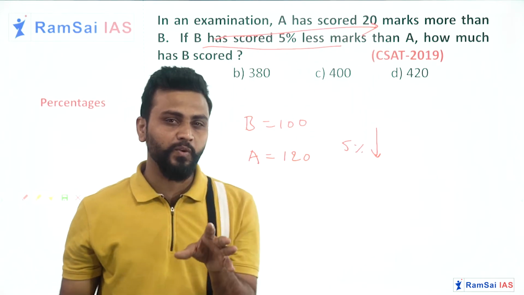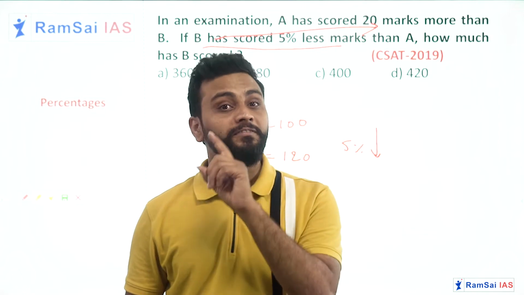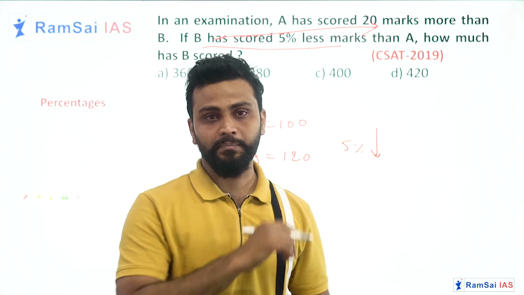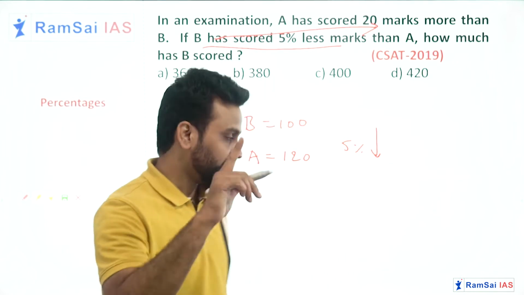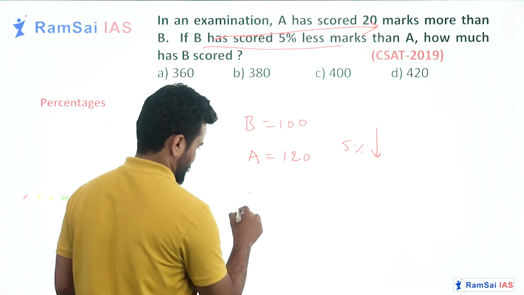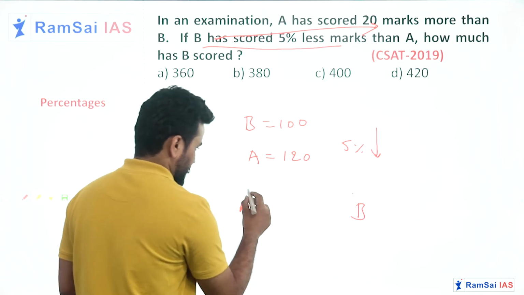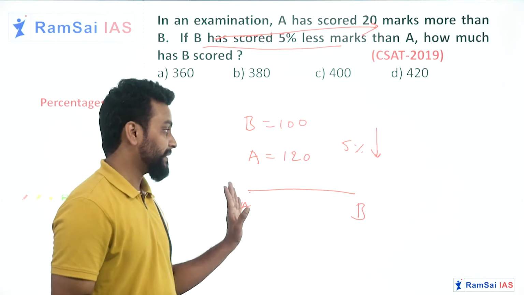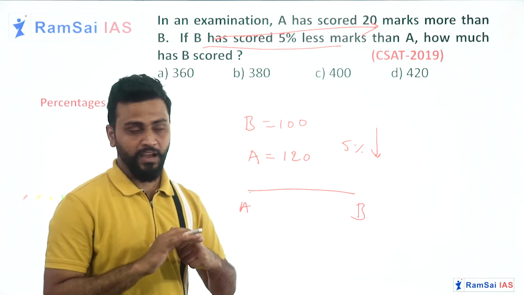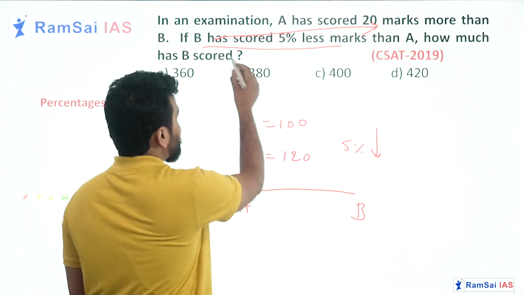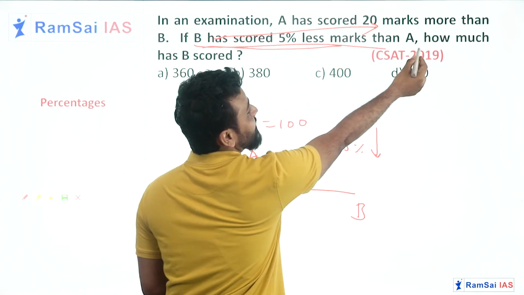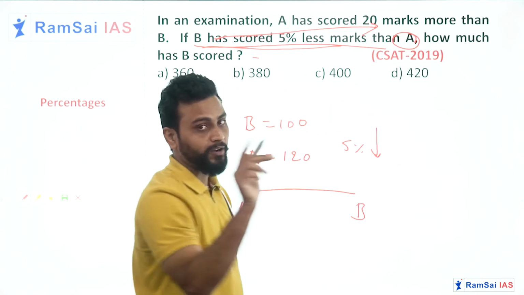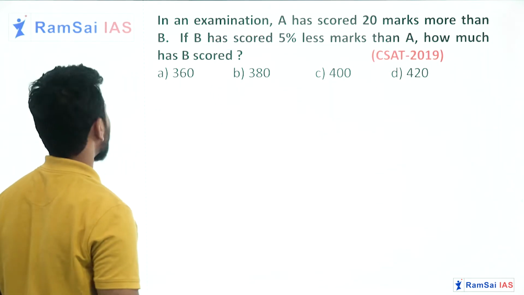Now this is what most people consider, but in our first and second videos I clearly mentioned this will not happen. It's a wrong assumption. Remember, in percentage, always compare A to B. The distance between A and B will not be the same with respect to A and with respect to B. So it changes. If B has 5% less marks than A, it doesn't mean that A has 5% more than B. Be clear. So in this case, how to solve this problem?